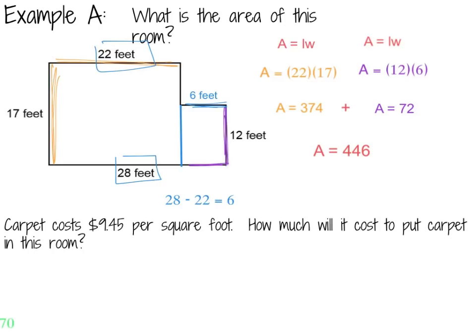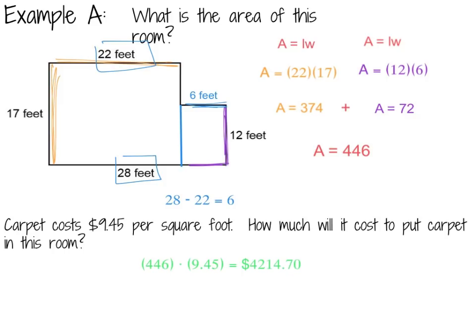How much will it cost to put carpet in this room? So I'm going to take my $9.45, which is for 1 foot. I'm going to multiply it by the number of feet I have, which is 446, so they can tell me all the feet. And when I do that, 446 times $9.45 gives me a total of